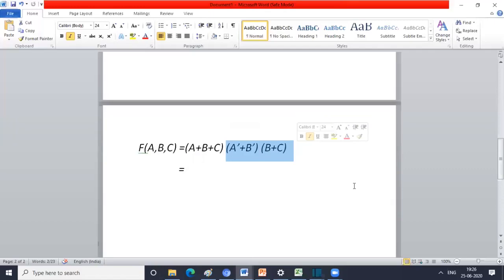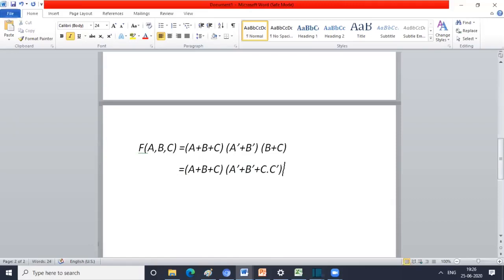So see what I have to do. I will not touch this first term. It should be kept as it is, A plus B plus C. Then what about this second term, A bar plus B bar? Whether it has a missing literal, yes. Which literal is missing? C. So what I should do, I should perform an OR operation of this term which has a missing literal with the term that is obtained by taking the AND operation between the missing literal and its complement. That is C into C bar, right?